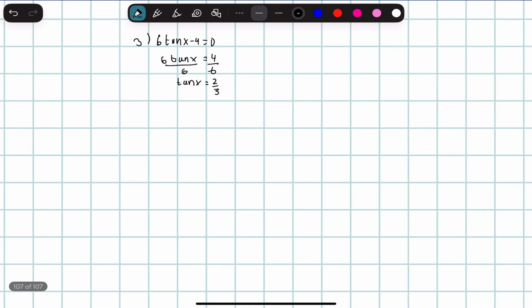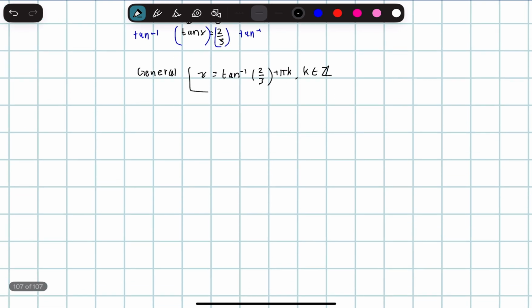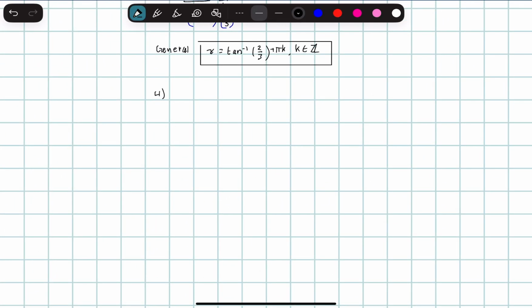And now for the general solution, we have x is equal to tan inverse of 2 over 3 plus pi k. That's the solution right there, right? Awesome. Now we have, for question 4, let's say that we have